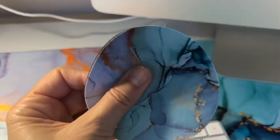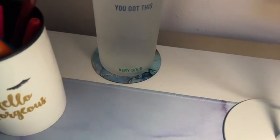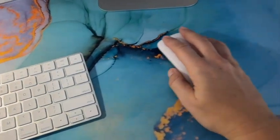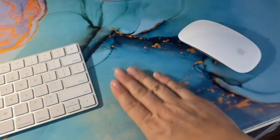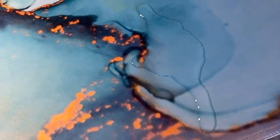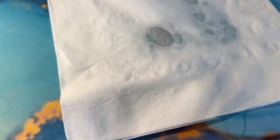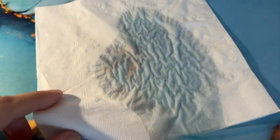They thoughtfully include a coaster. I love the fact that this mouse pad is large so I can use my mouse anywhere along its surface, and also it's waterproof, which protects my desk from spills, which inevitably happen. The edges are well made and carefully stitched for durability, and the back of the mouse pad and the coaster